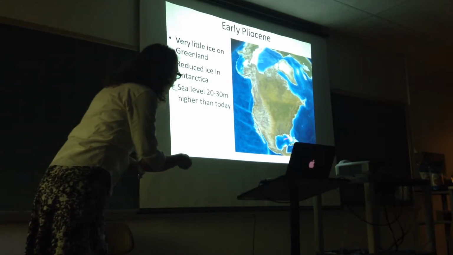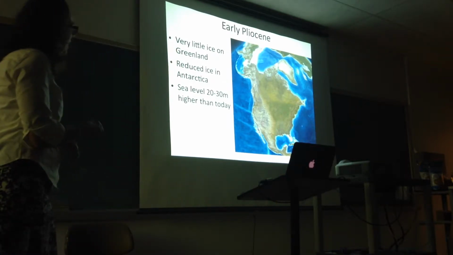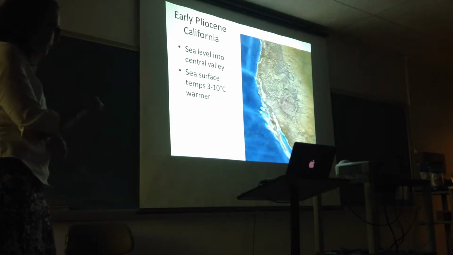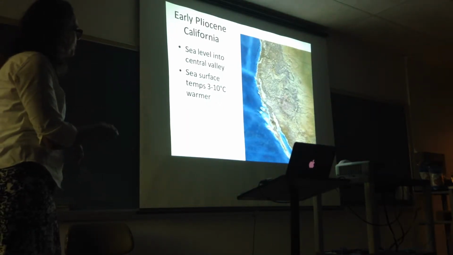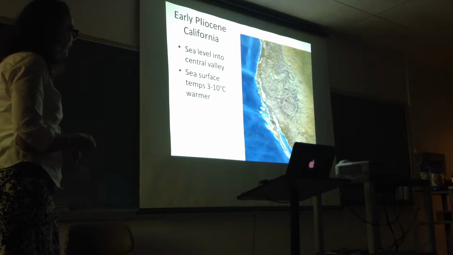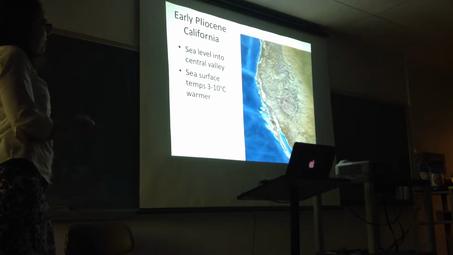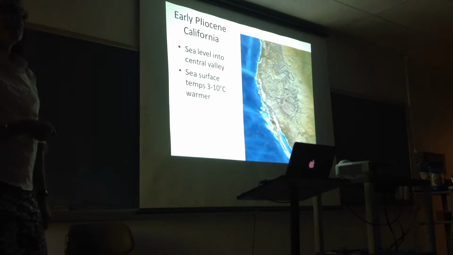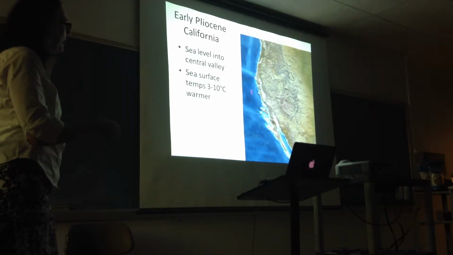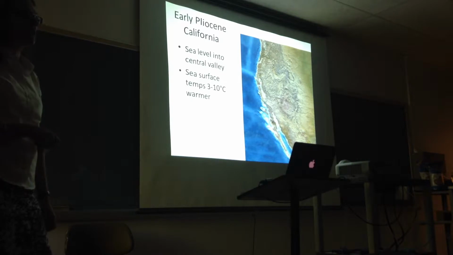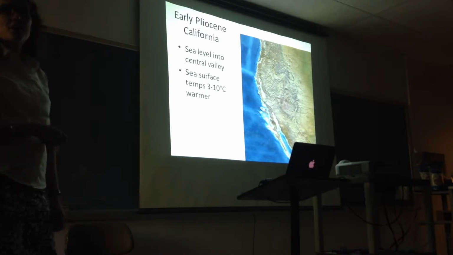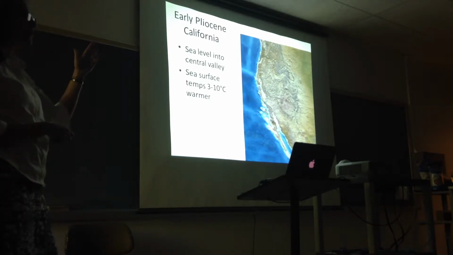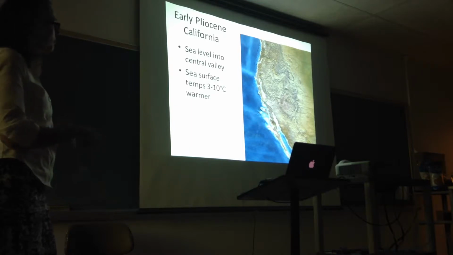So you can see Florida is kind of underwater. I think in the next one I sort of zoomed in on the picture in California. So the Central Valley is sort of flooded. The other thing in the Pliocene that we know, that I'm going to show you the records of today, is that the sea surface temperatures off of California were somewhere between 3 and 10 degrees warmer than they are today. So quite a bit warmer, and I'll show you those records and where the big changes were and where